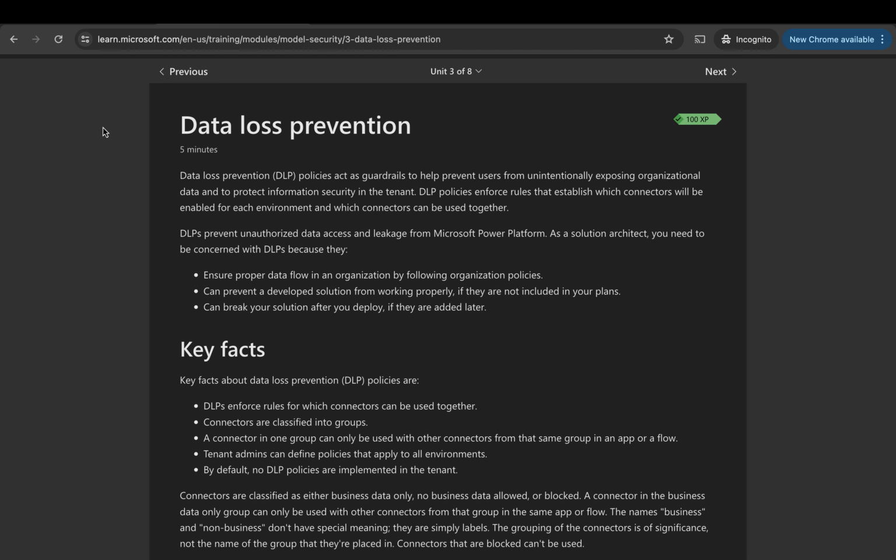DLP policies enforce rules that establish which connectors will be enabled for each environment and which connectors can be used together. DLPs prevent unauthorized data access and leakage from Microsoft Power Platform. As a solution architect, you need to be concerned with DLPs because they ensure proper data flow in an organization by following organization policies,